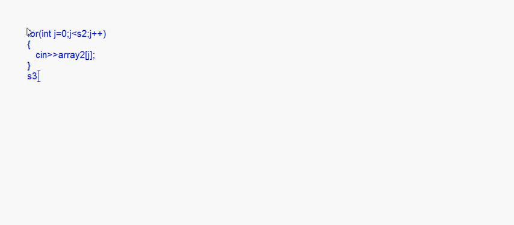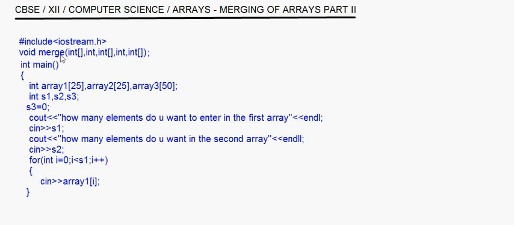Now you have s3, which is the size of the third array. The size of the third array will be the size of the first plus the size of the second array. So once this is done, now we will call that merge function. Remember that the prototype of the merge function was like this: first integer array, then the size, then the second one, then the size, and the third one.